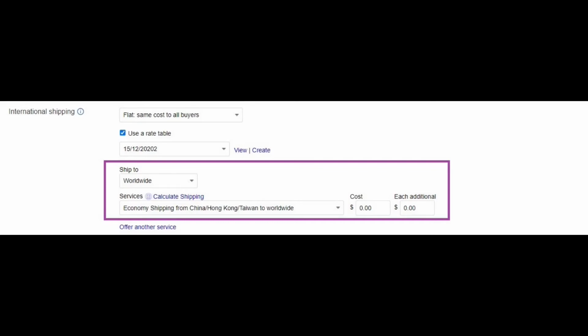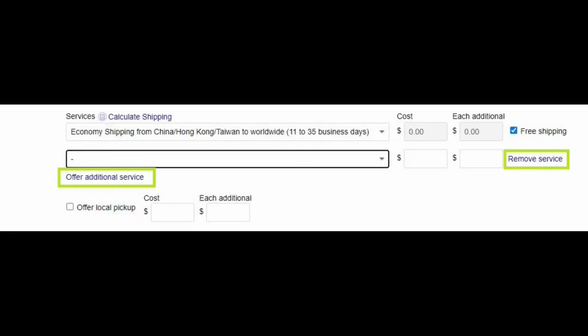Set the shipping cost in the cost field. If you can use shipping services that offer express shipping to the US, you can add additional shipping services by clicking on the Offer Additional Services button. Remove the services with the Remove Service button.